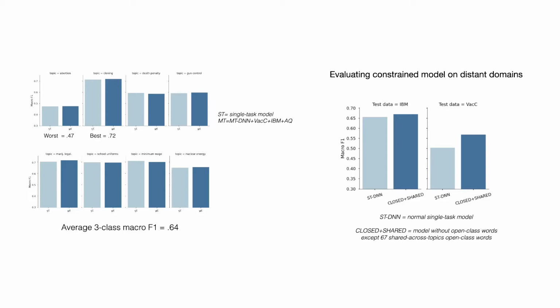And here we also did ablation experiments where we removed spurious features in an aggressive manner. Since spurious features are more likely to be open-class words, also called content words, we replaced them all, that is all nouns, verbs, and adjectives, with unknown tokens. We found that this model with open-class words replaced, except for a few open-class words shared across all 8 topics, which we call closed but shared here, performed better on 2 distant domains than the models trained with the whole